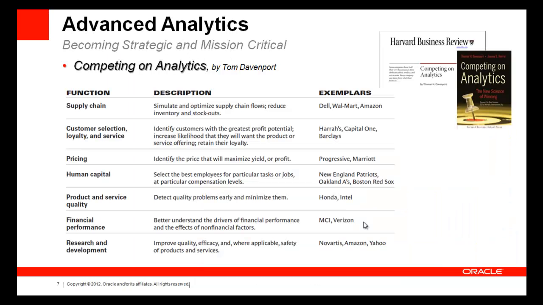Now back to the Competing on Analytics book by Tom Davenport and Jeannie Harris. They give a number of different examples about supply chain, how to look for inventory stockouts and connections with different factors that run the business. The most common ones are usually in customer selection, loyalty, and service, also product quality, warranty analysis, quality control impacts, human capital management, really trying to predict which employees are likely to perform best in different situations, and it goes on. So I won't try to summarize the whole book or the articles here, but I do